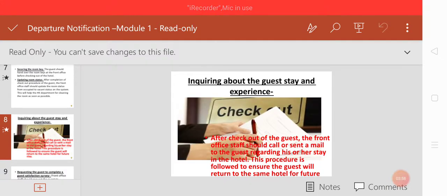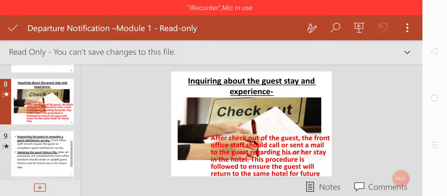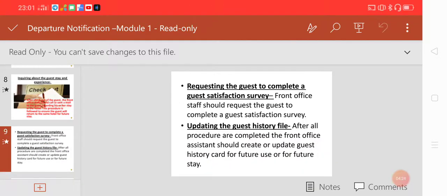Now come to the next slide, that is inquiring about the guest stay and experience. That is the final stage of the guest cycle. After checkout of the guest, the front office staff should call or send a mail to the guest regarding his or her stay in the hotel. This procedure is followed to ensure that the guest will return to the same hotel for further stay. Now the next slide is requesting the guest to complete a guest survey